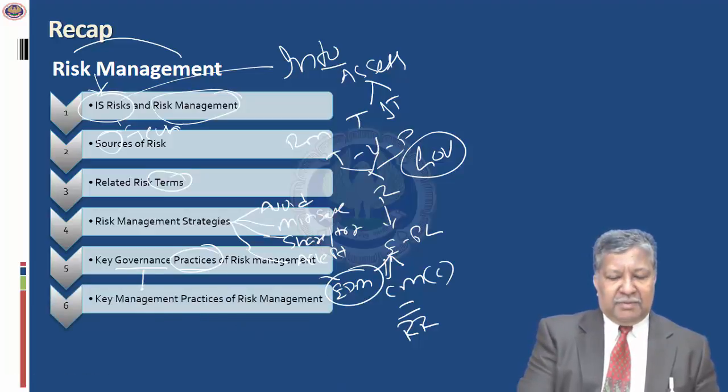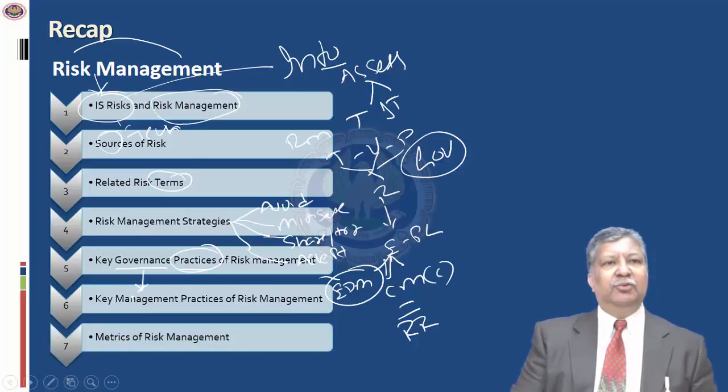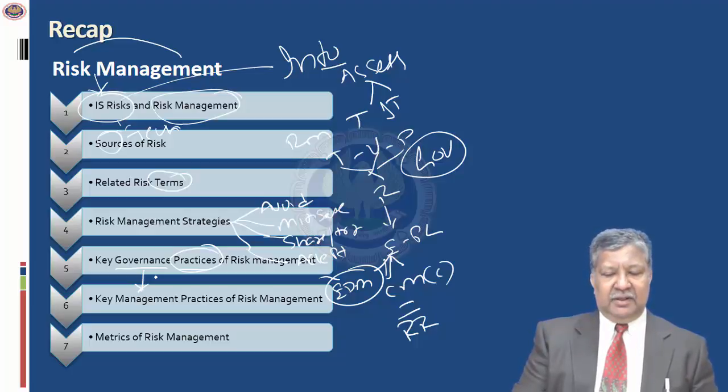You also have the management practices. I'm sure you know the distinction between governance and management. Governance is done by the board of directors. Management is done by the operation level. Governance provides the setting in the environment in which the management has to operate and implement or operationalize and make things happen. So governance decides what is to be achieved. Management decides how it is going to be achieved and they get things done.